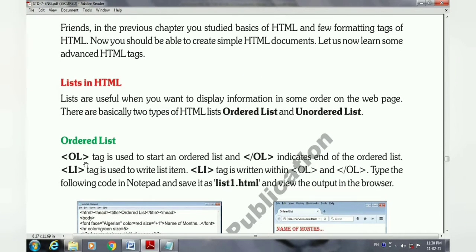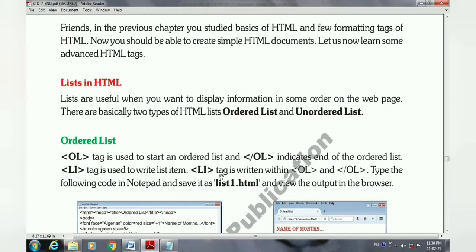Which tag is used to start the ordered list? The OL tag. Like our other tags, OL is also a pair tag, so an opening and closing tag is required. The OL tag stands for ordered list and it is used to start and end your ordered list. Which tag is used to write your list items? The Li tag is used to write a list item.